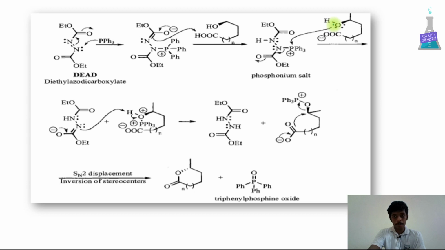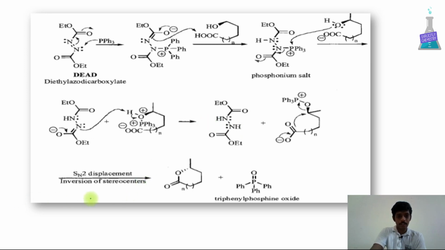The lone pair of electrons will abstract this PPh3 plus. This bond will shift over here, forming a double bond here, and this will come as O minus. After that, this double bond will abstract this proton, and O minus will come here as double bond. This is the final product. We are adding the starting material which is a nucleophile here.